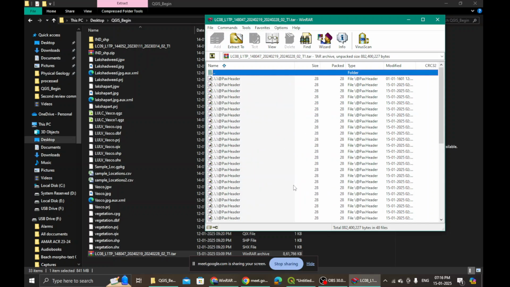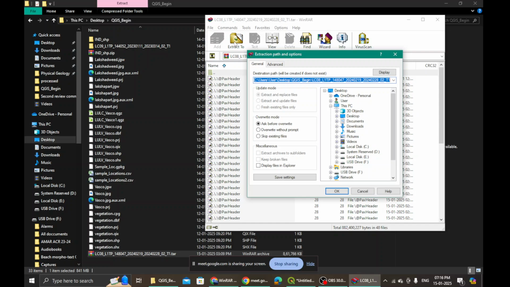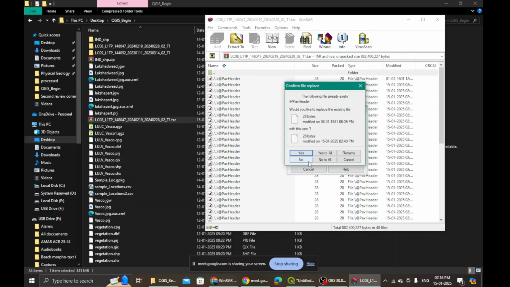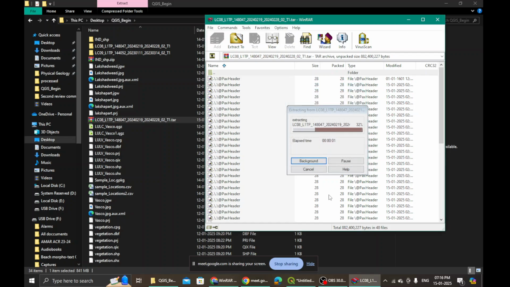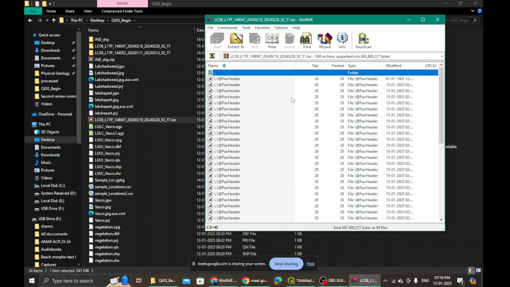Yes, correct. Okay. So we click on this, extract to. Click on it, extract. Right? Click no. Then say okay. Don't change anything. Just say okay, and it will ask if the file already exists. Yes to all. Okay. In my case, it is coming. Otherwise, in your case, it must be already working out. Right? Done.